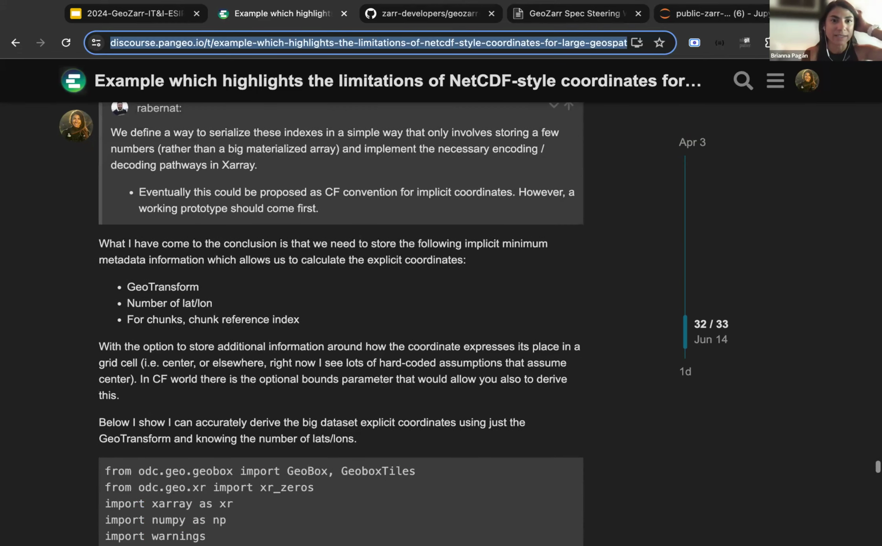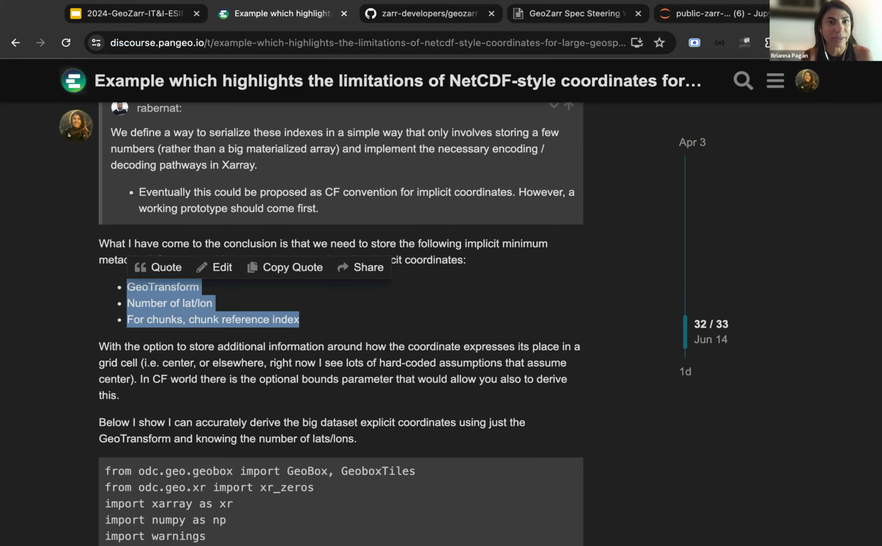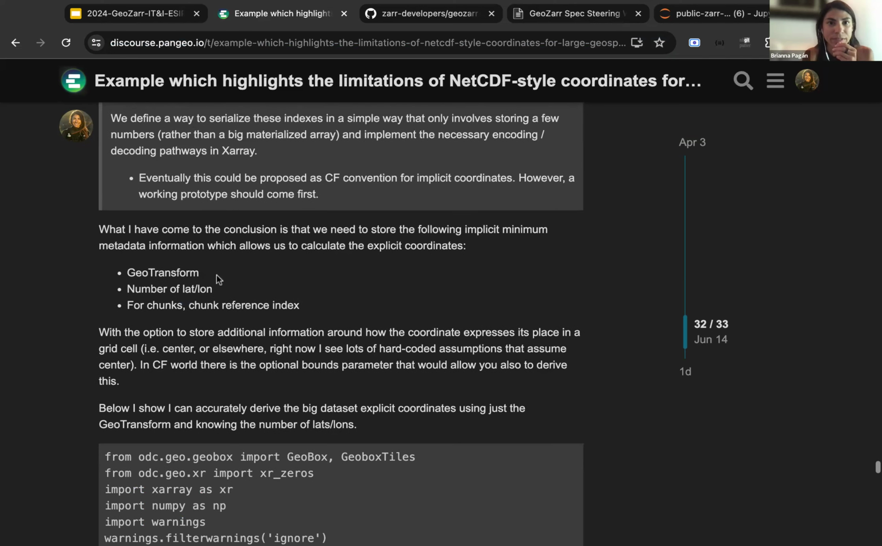And then for data that's more GeoTIFF-like, we can say also store this basic information, like three empirical pieces of information. One of them would be the geotransform. The second would be the length of the lat long arrays. And then for chunks, this chunk reference index. So this is a pretty big and late-breaking update that I hope is going to unblock us from some of